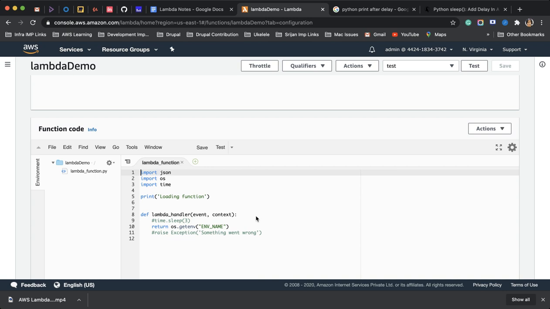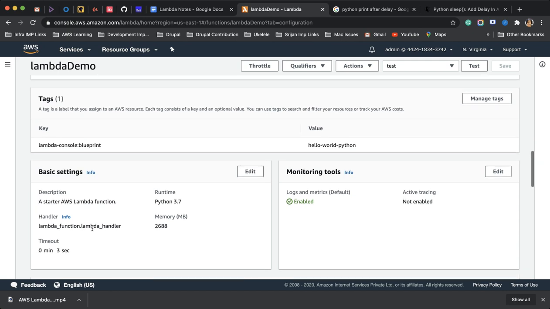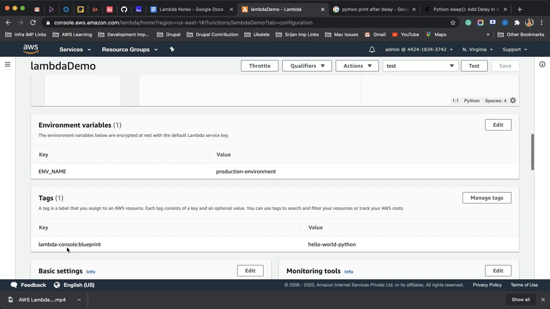So for example, I have my lambda. I know that my lambda function would take around 3 seconds to process a request, and I would set this timeout to be short, 3 seconds. And if I know that my lambda function would need more time to process the request, then I will set it somewhere around 10 minutes or something. I mean longer than 3 seconds, obviously.